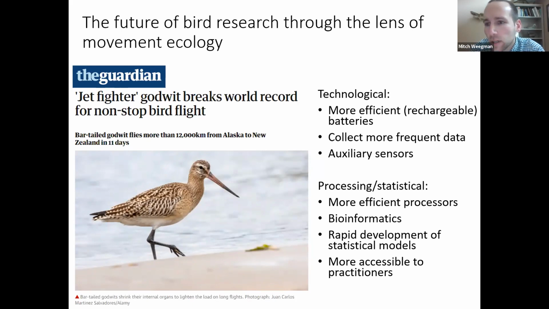So I anticipate that the work that we're doing on Greenland white-fronted geese and mid-continent white-fronted geese will translate into work on much smaller species in the years ahead. We're already using these technologies for smaller bodied waterfowl like ducks and smaller bodied birds like shorebirds. So we have separate work on black-bellied plover, Hudsonian godwits, and also American avocets. So these units are gaining in traction, and the smaller size is allowing for this really cool additional insight.